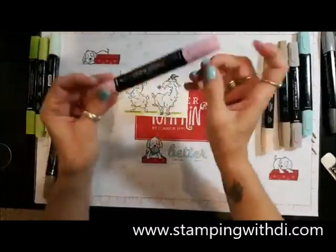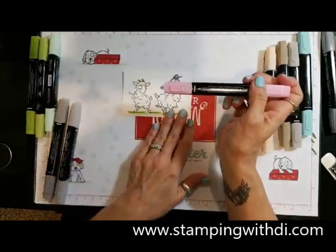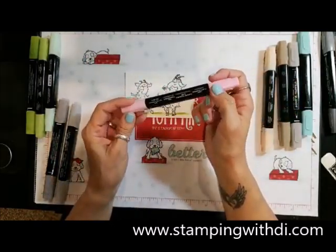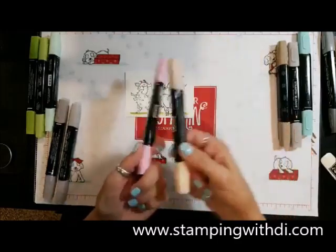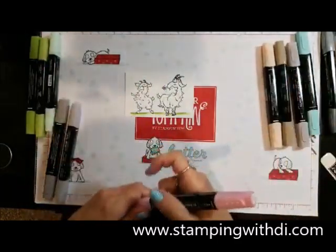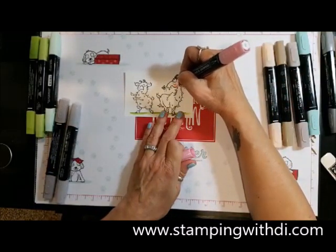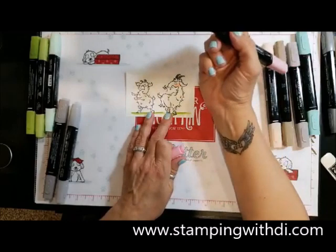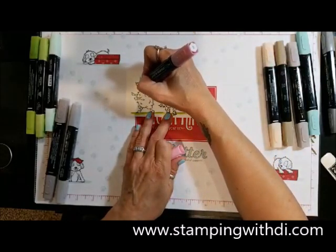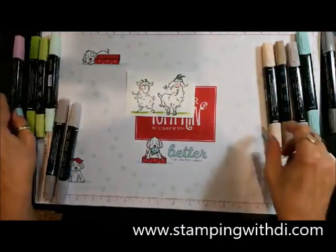Okay, so what do I always do when I do my animals? I always put cheeks on my critters, and I always use a light flirty flamingo and dark petal pink. That's just kind of what I grab, or light petal pink. All right, so I'm going to put a little cheek on my little billy goat, and while I have it out, I'm also going to put a little pink cheek on my girl goat,